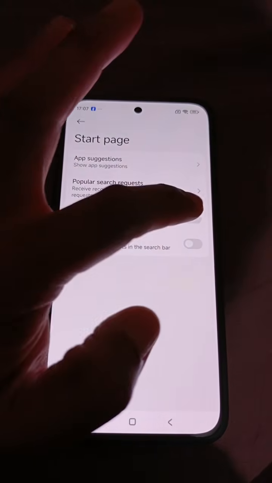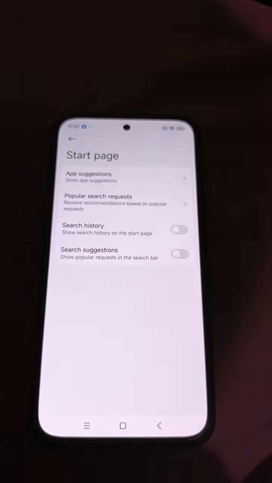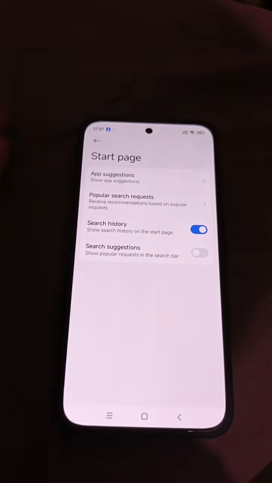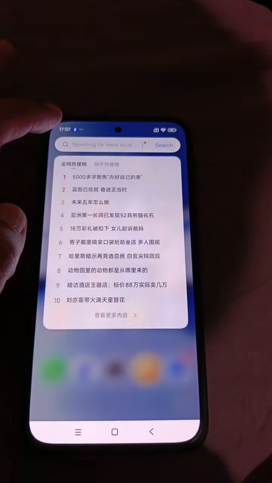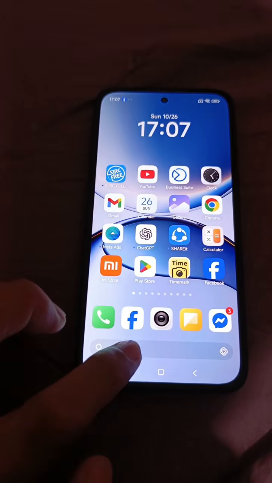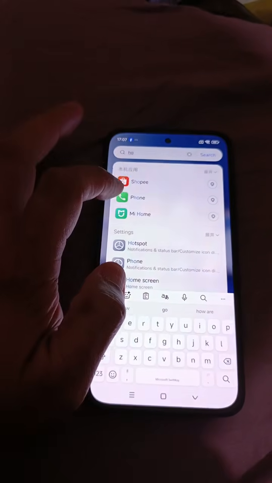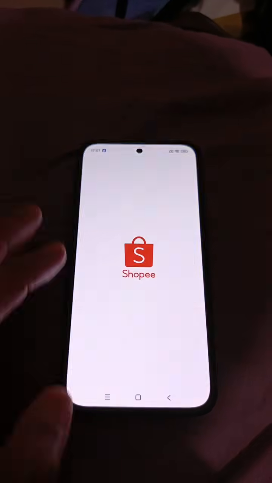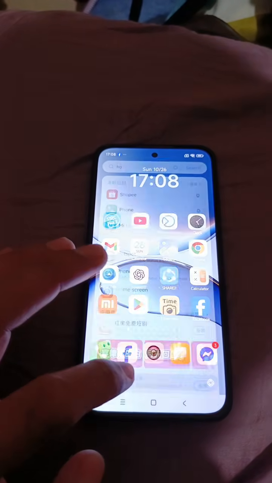For example, you are looking for an app, so you can see which one is your latest. So it's up to you. When you open this one, see, it's all clear. You click here, it's all clear. No more, unless you put something in search, for example, Shopee. We will see if there is a search already. See, so this is the history.